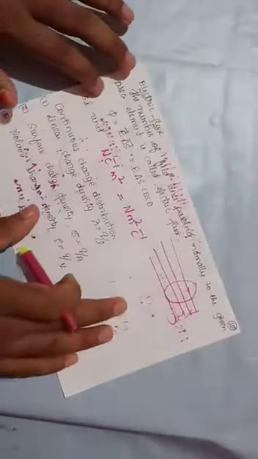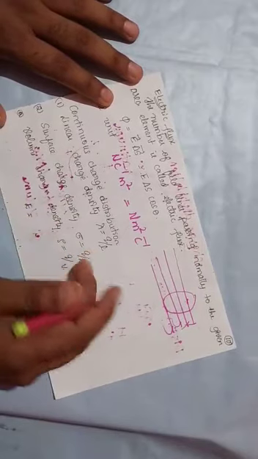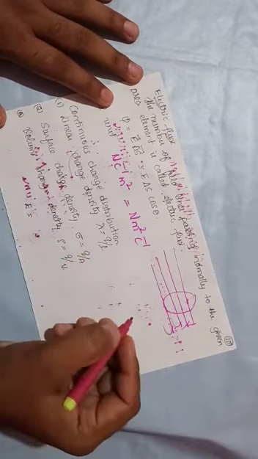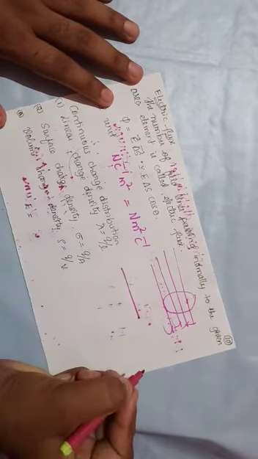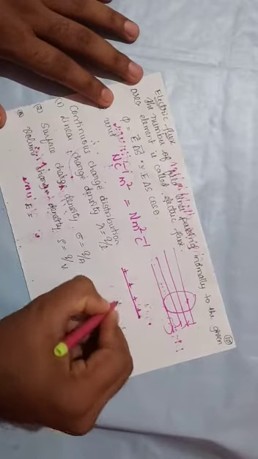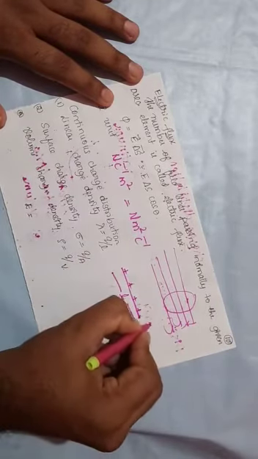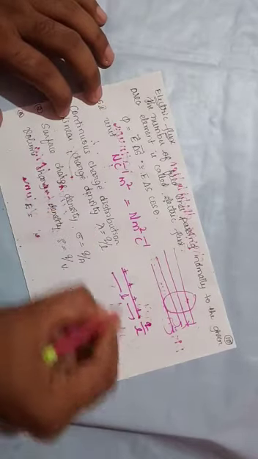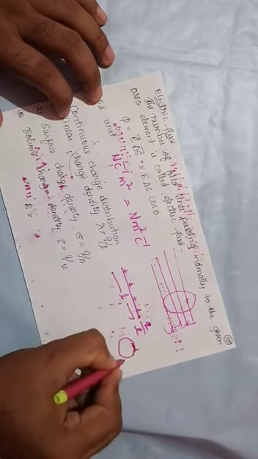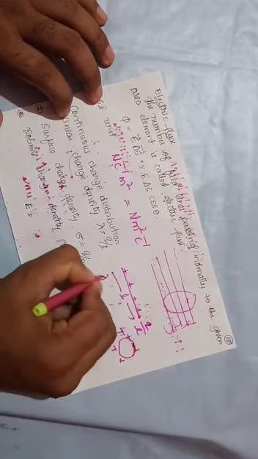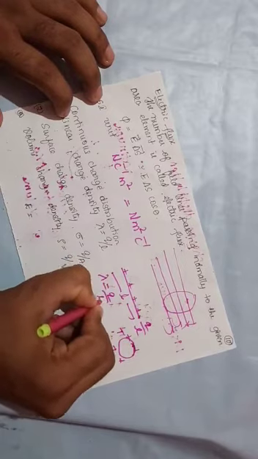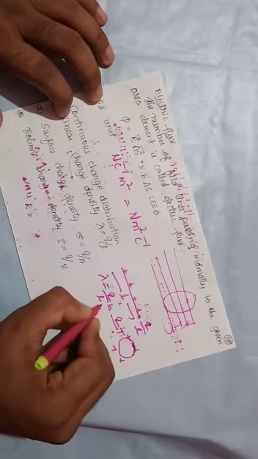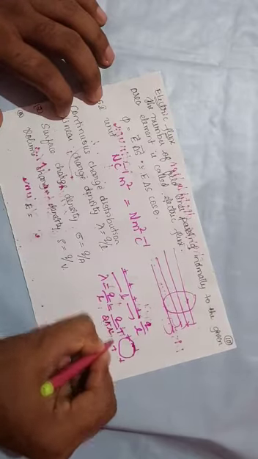Now, definitions. The linear charge distribution, which you have studied, is denoted by lambda. It is nothing but the ratio of charge per unit length of the wire. So if the length is L, then the charge per unit length of the wire is called lambda, that is the linear charge distribution. If it is a circle, and the circle is charged, then lambda is equal to Q divided by L, but the length of the circle is nothing but the circumference, so lambda is equal to Q divided by 2 pi r.